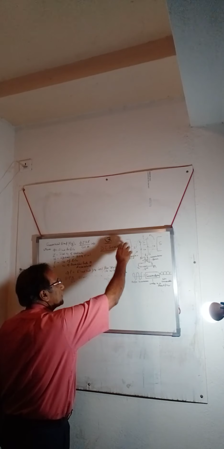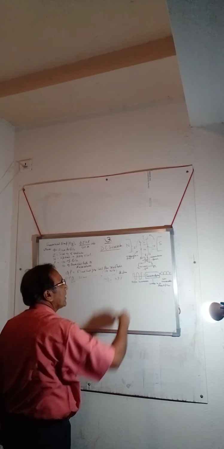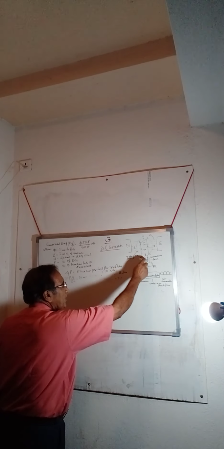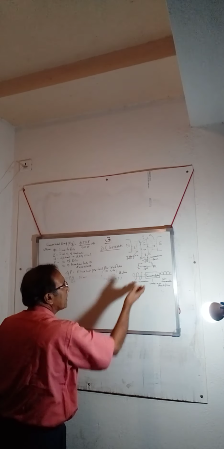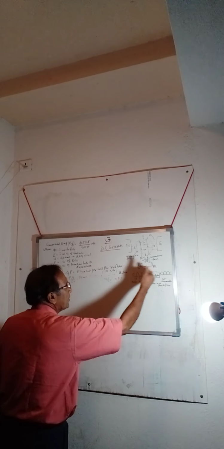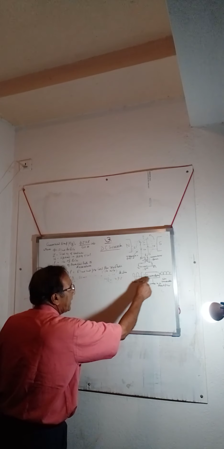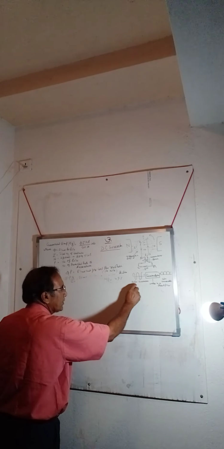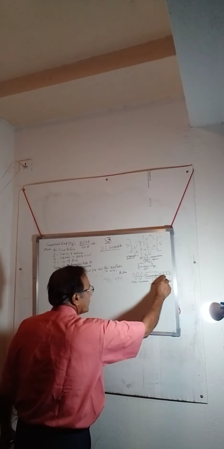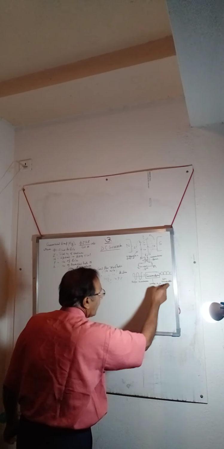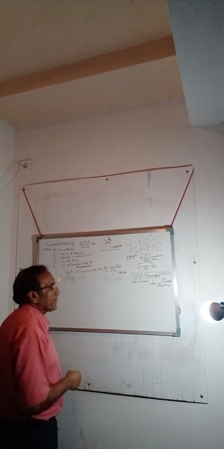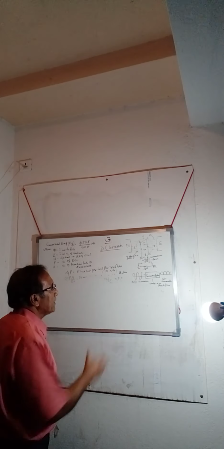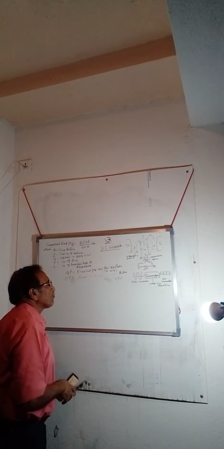Actually, we see that an alternating quantity is being generated by the DC generator, but there is a commutator which ultimately converts the alternating quantity into a direct quantity, which I have shown here in the diagram. This is the alternating quantity before the commutator, and this is the direct quantity EMF and current after the commutator. So the commutator works like a rectifier in a DC generator.